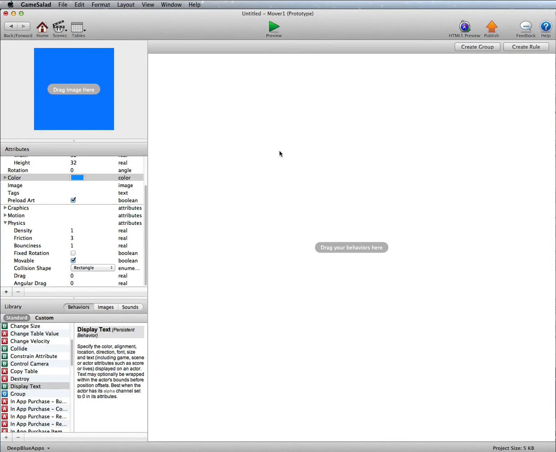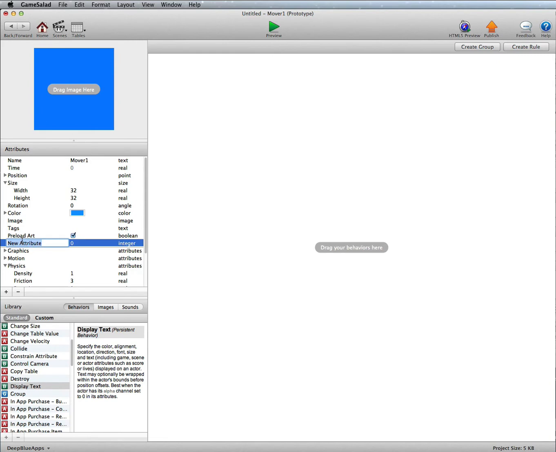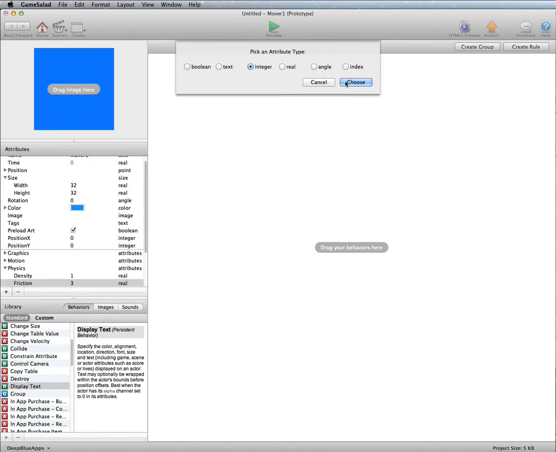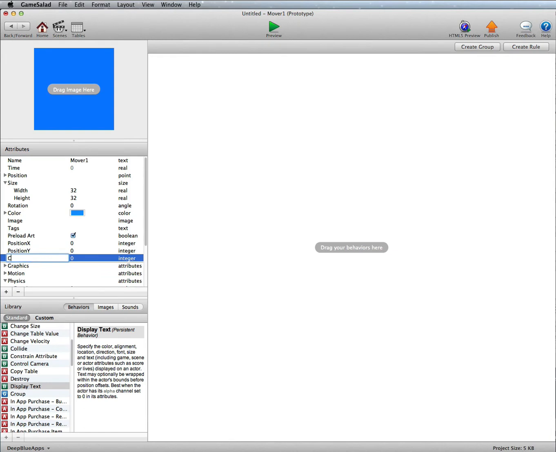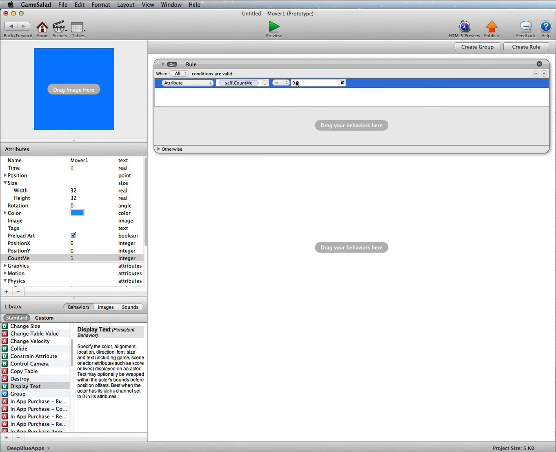Now in this actor here, we want it to move between the waypoints, but we want it to be a little bit random, a little bit less linear, like we've discussed previously. So we're going to make a self integer, call this position X, we'll make another one, call this position Y, and we're also going to need a counter as well, so we'll have another integer and we'll just call this count me. We'll change this to 1 because we want to get the actor moving in the first place, and we'll make a rule. So we'll come up to the top right there, create a rule, and we'll do if attribute mover count me equals 1,